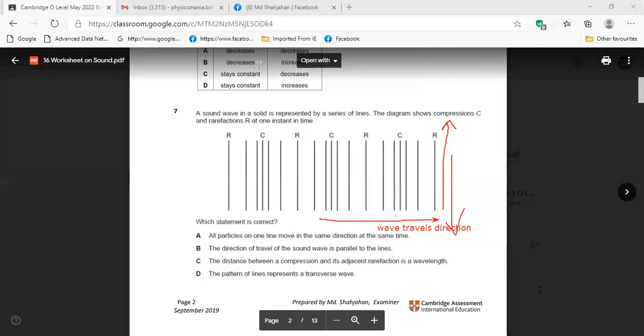Our particles vibration is like this. I'm showing you here. I'm labeling it. This one is particles vibration. This is a longitudinal wave, right? But what they are saying,